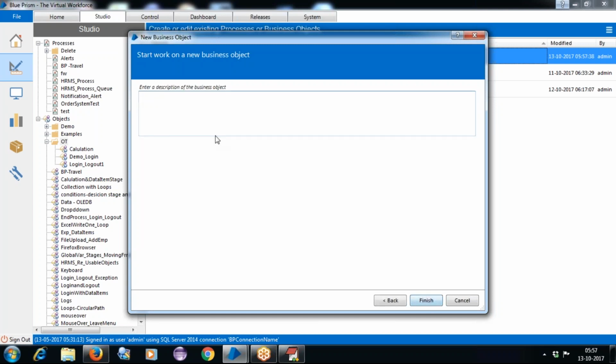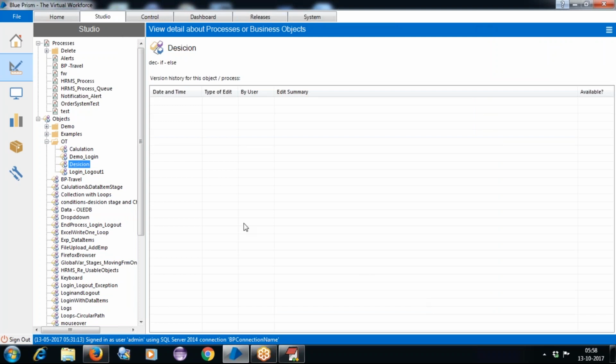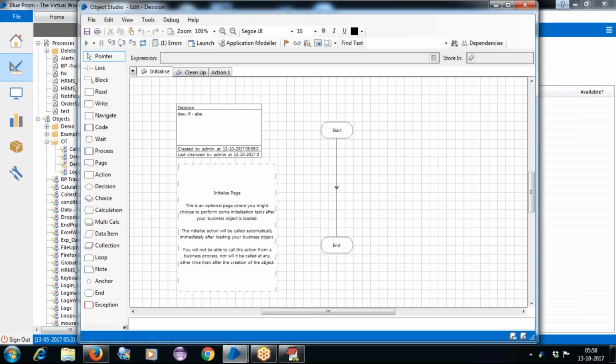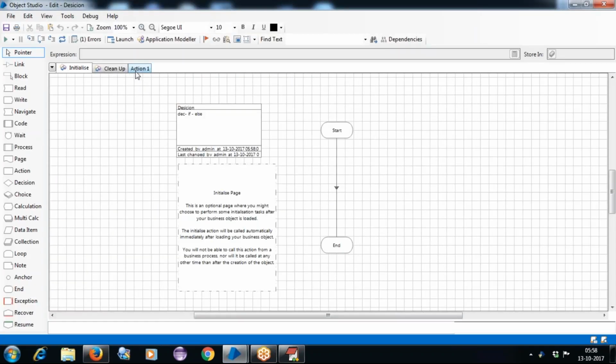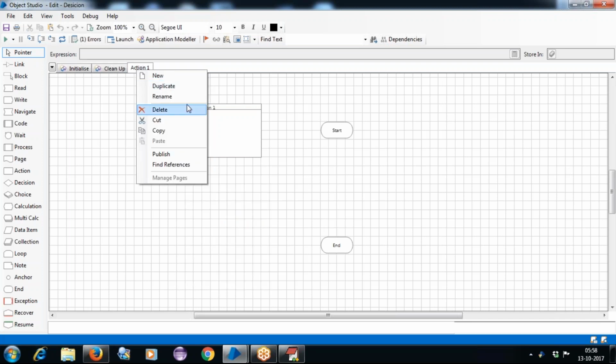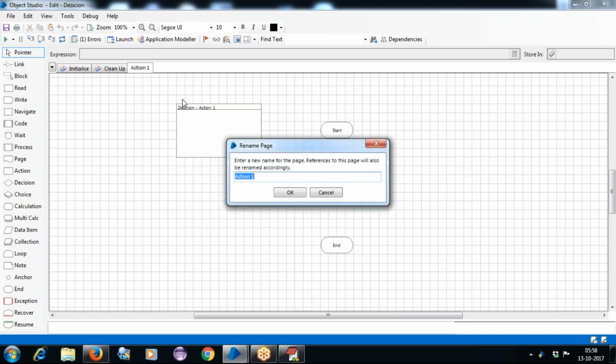Okay, and then I will take the decision. It is similar to your if and else statement here. So while working with programming, how exactly we work with the if and else statement, similar to that we will work with it. I can double click on it. Now it will take the action stage, rename here. Now here I'll take the decision, nothing but the if and else condition here.